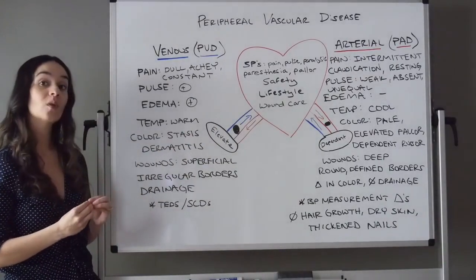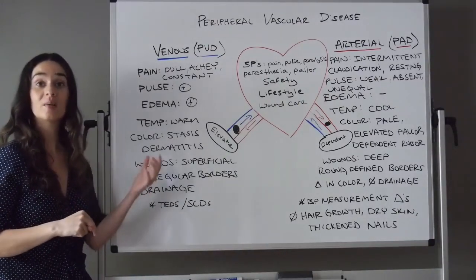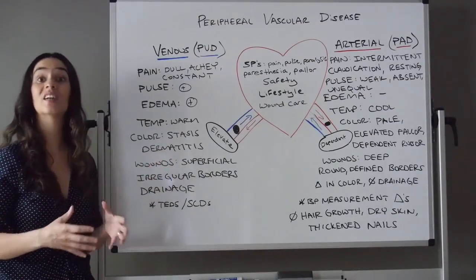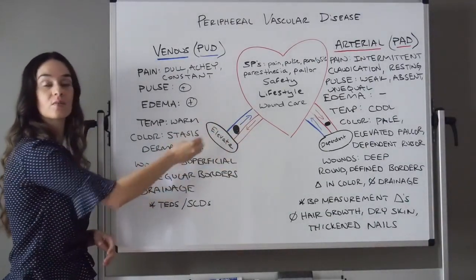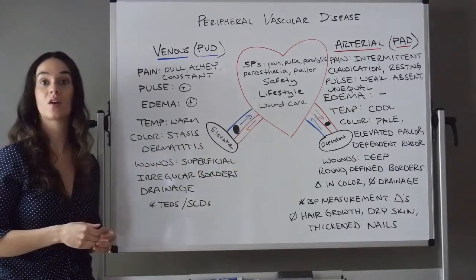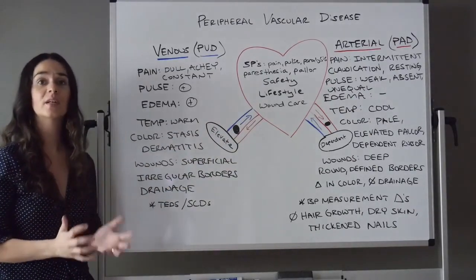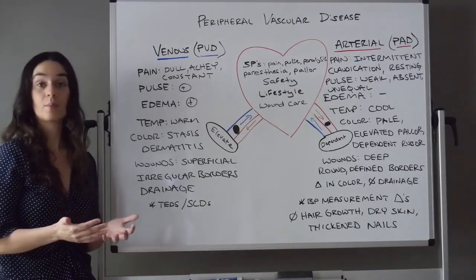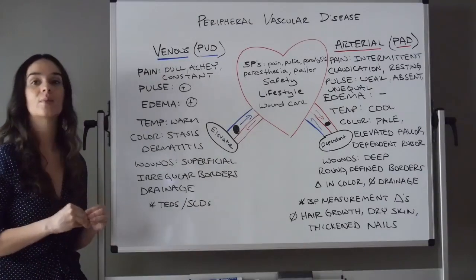But in terms of pulse assessment, we might not be able to palpate the pulse because these extremities are typically very edematous. Think about all of the fluid that's getting congested related to that obstruction of blood flow back to the heart. So they'll have a positive pulse. Their skin will be very warm because, again, they're getting oxygen to that foot, but we might not be able to palpate that pulse